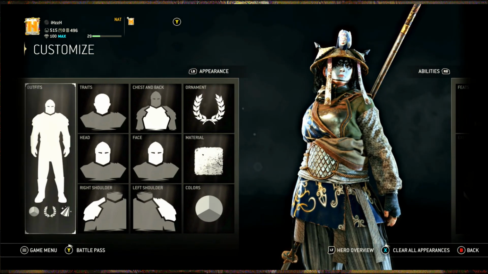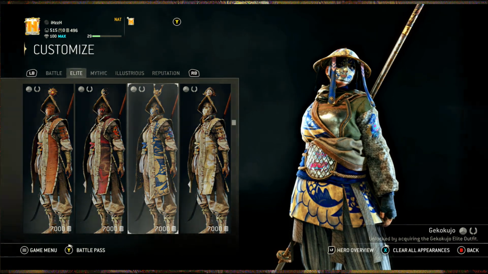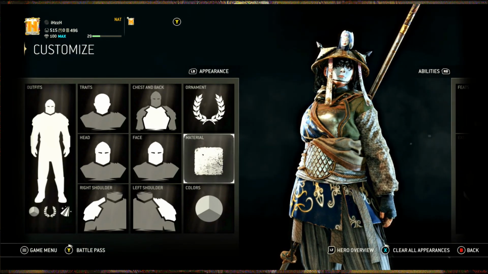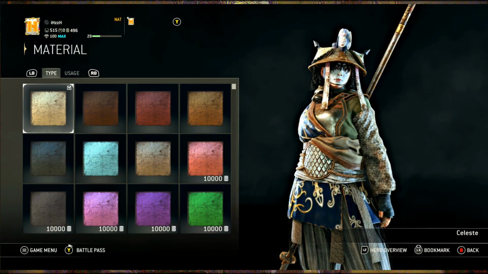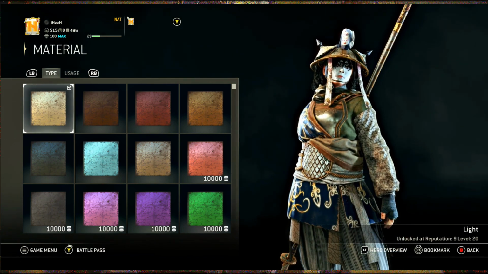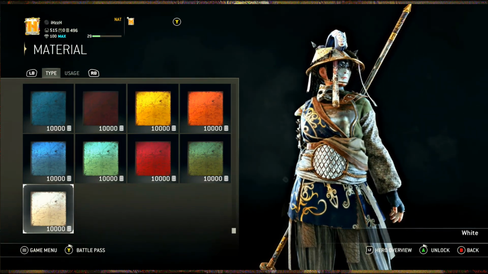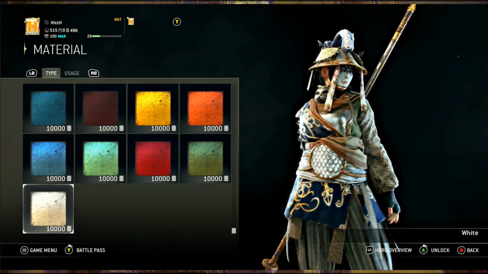I don't remember unlocking any outfit, but I guess it's 7,000. Huh. It was that long ago. The material is the light. Reputation 9, level 20. Once I actually get enough steel, I will get the white for the pure, just silver